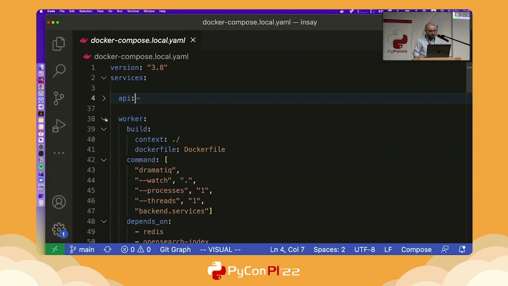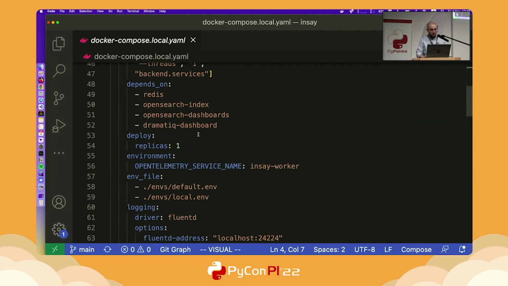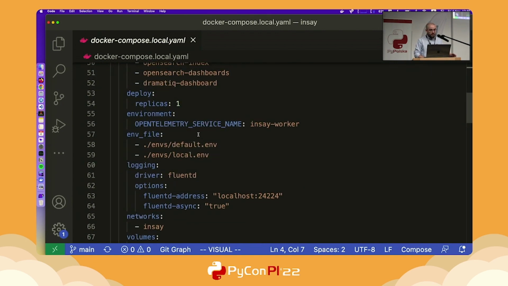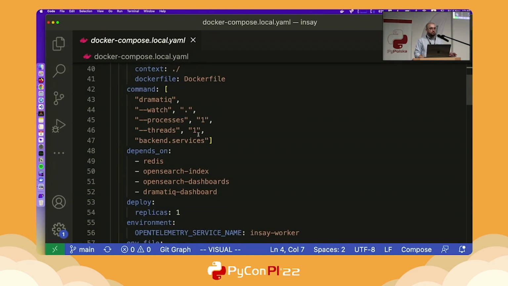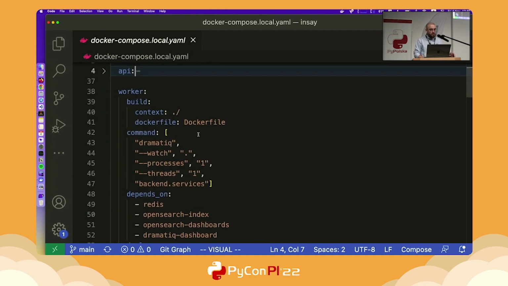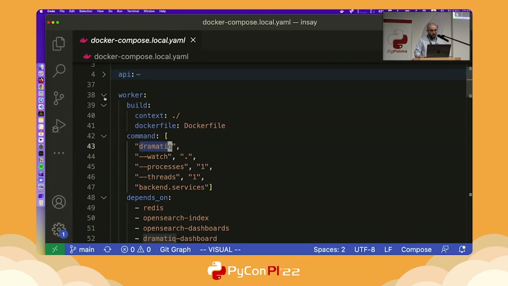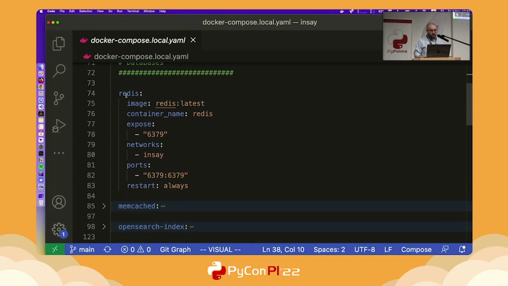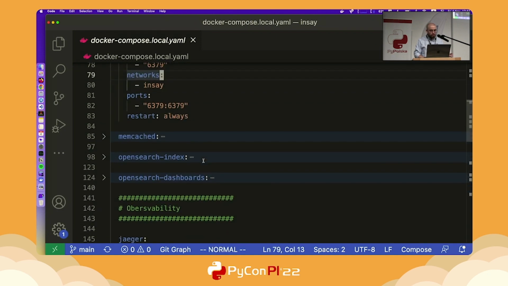Now the other thing I have is a worker. It is not exposed to any port, and it's basically the same container, the same application, but designed to run as a worker. So when I send a message from the API, when I schedule it, the worker will pick it up and execute it. I also use Redis, which is the most straightforward deployment of Redis you can think of,